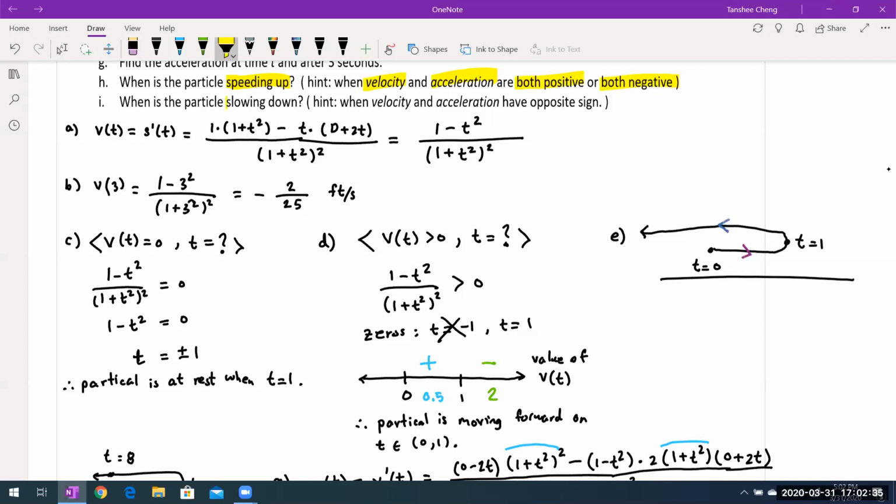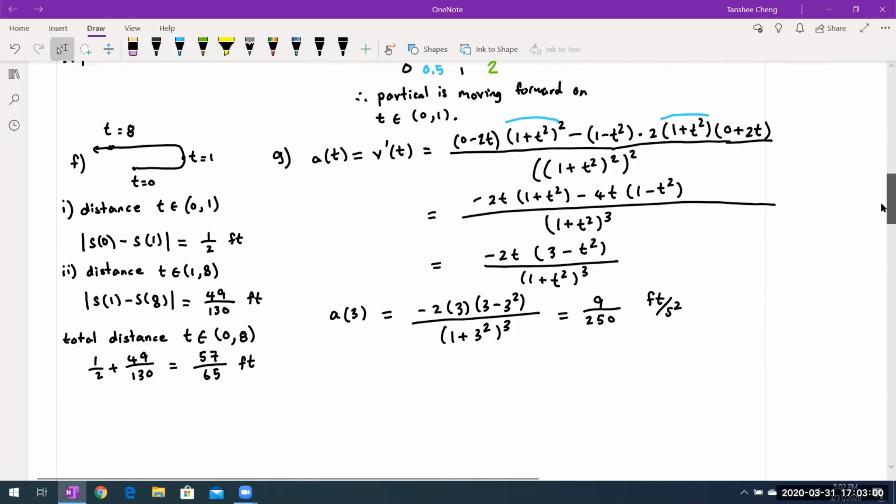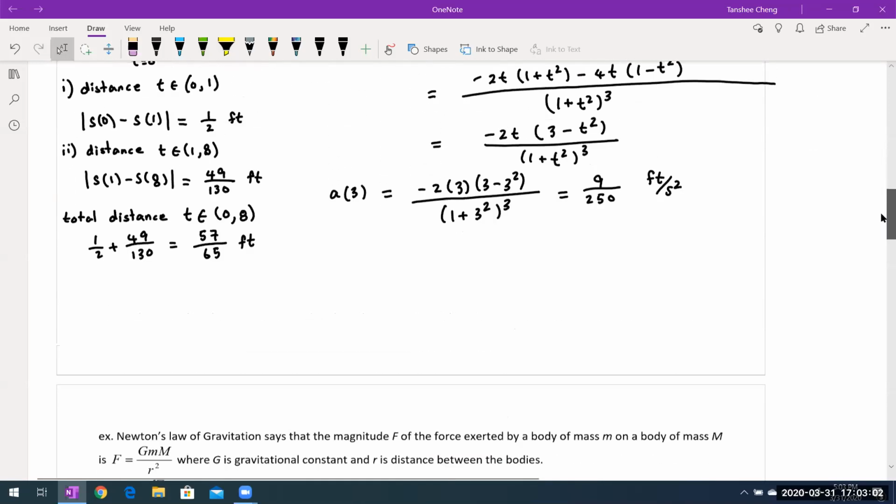If the particle is slowing down, that basically means that the value of velocity and acceleration have opposite signs. For the velocity function, we already know when it's going to be positive and when it's going to be negative in part D. So we need to find out the acceleration part so that we can compare. Okay? So to find the acceleration function,